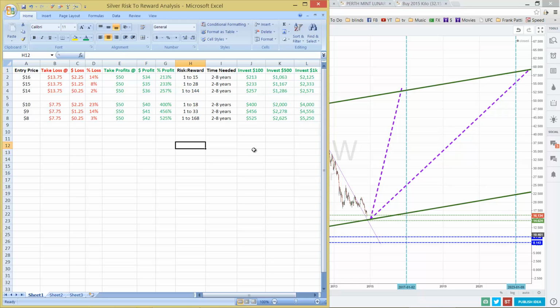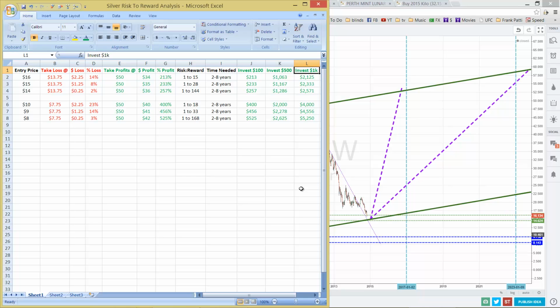So if you make $50,000 a year and you invest $100 into silver, or you invest $500 or even $1,000 into silver, it's not going to make a significant impact in your life if you're wrong and you lose all that money. And I always assume that if I lose all that money, what's going to happen to my current lifestyle? Am I going to still be able to put food on the table and things like that? So I always keep that in mind as I invest money